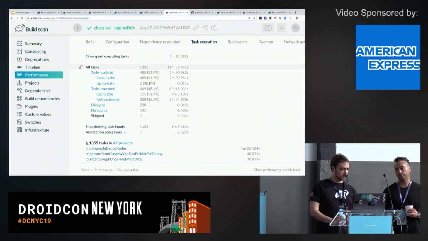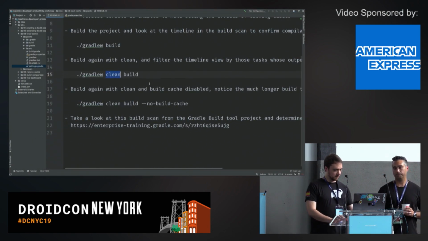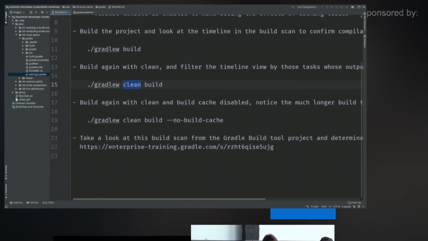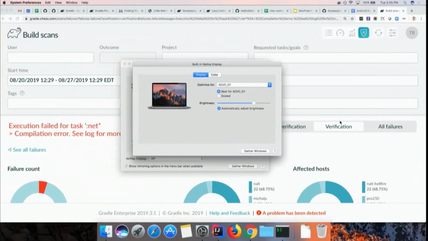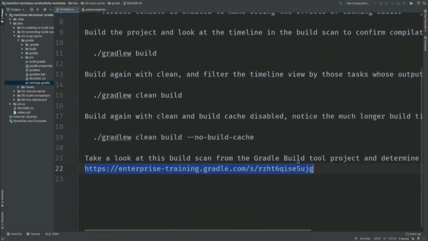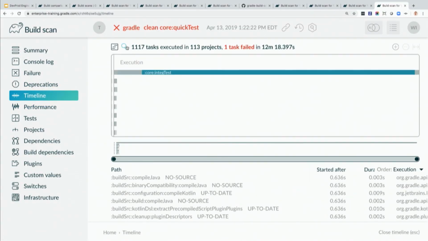Yeah. And what else? Okay, and let's do the last one for completeness. This is which tasks are not cacheable. Okay. Yeah, it's pretty easy. Timeline, look for,